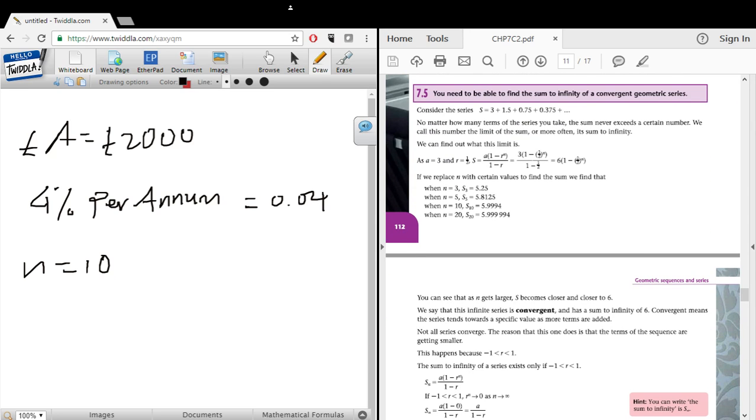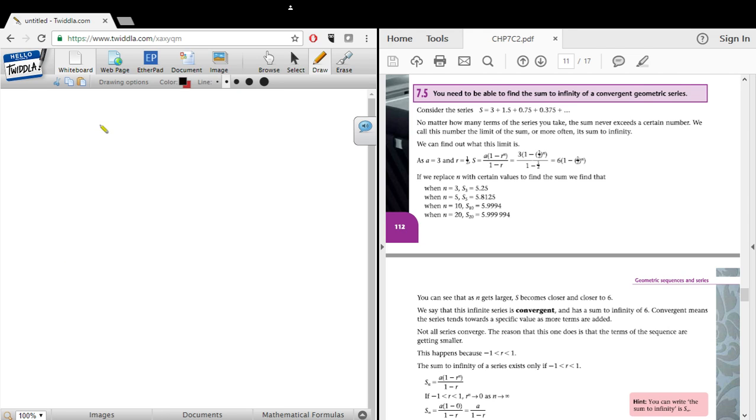7.5. You need to be able to find the sum to infinity of a convergent geometric series. Okay, what does that mean? So no matter how many terms of this series you take, the sum never exceeds a certain number. We call this number the limit of the sum, or more often the sum to infinity. Limits is something that you will heavily be involved in when you study mathematics or a numerical subject at university. It comes under a pure mathematics banner, whereas most of the stuff that you will do in A-levels comes under